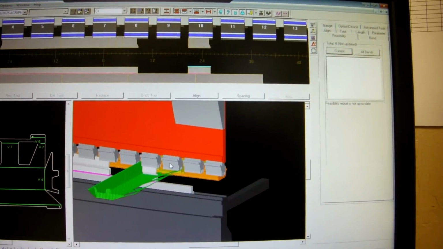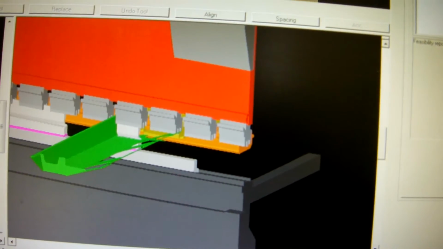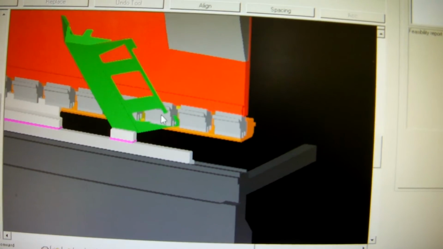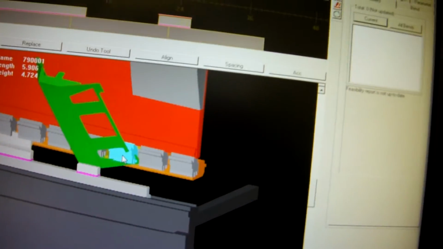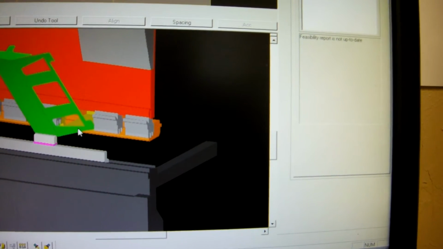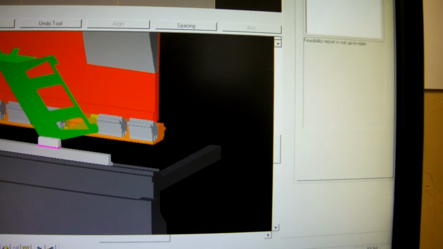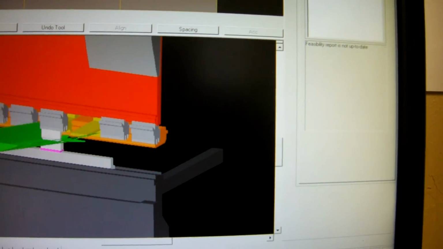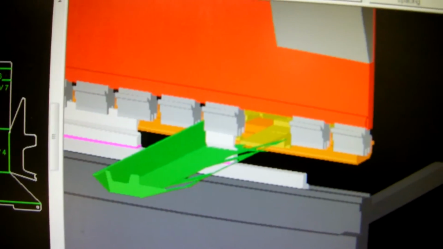this punch holder right here when it forms up, and I'll show you this. Right there, it shows you that it's hitting it. So what we can do here is we can just delete that punch holder out, and this bend will now work. You see that area right there falls right through,